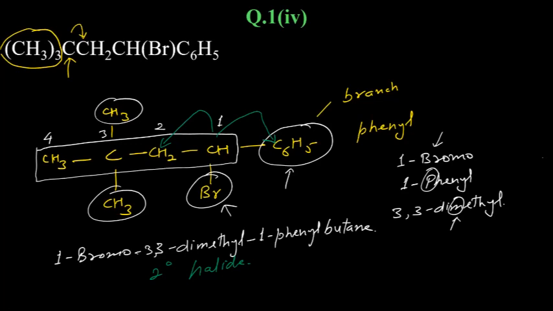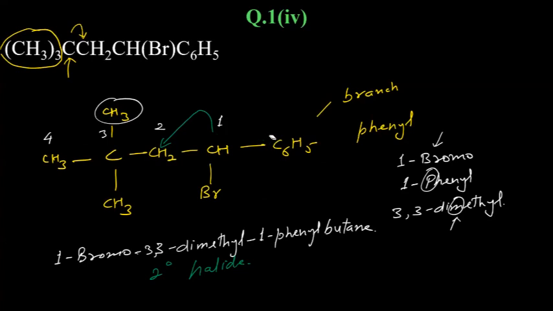Now to find out which type of halide it is, it has the benzene ring. So it is most probably either benzylic halide or aryl halide. So benzyl halide or aryl halide. Now the main chain is this one. This one main chain. And if you see only this part, just let me clear. If you consider this,